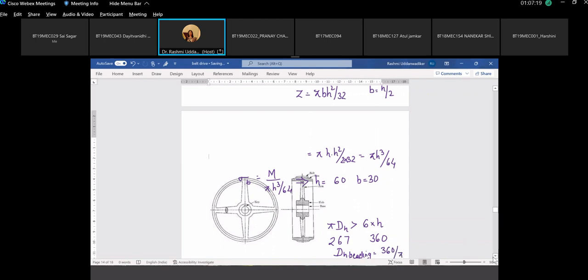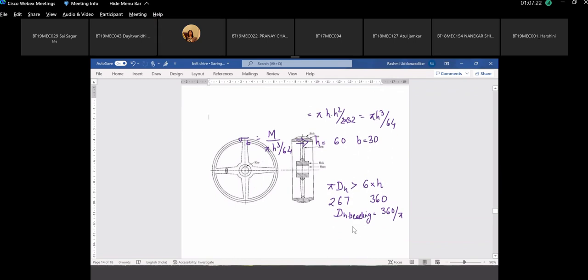How much? Beading diameter is 114.6. Let me take it as 115. And in the same design data book, the rim thickness is also given. This thickness of the rim is for light duty and for heavy duty. Now light duty and heavy duty depends upon how much power it is transmitting. So 10-15 kilowatt can be considered as light duty. 45 kilowatt, 60 kilowatt can be considered as heavy duty, for which the thickness of the rim